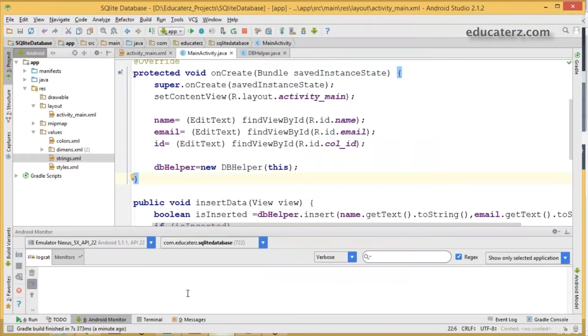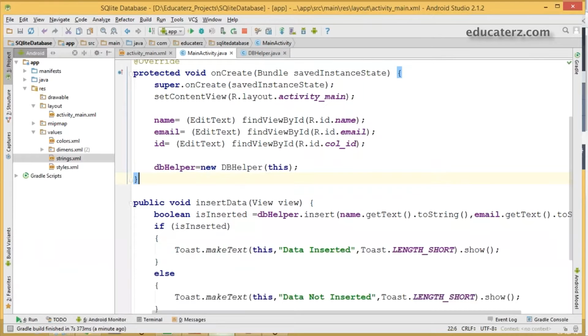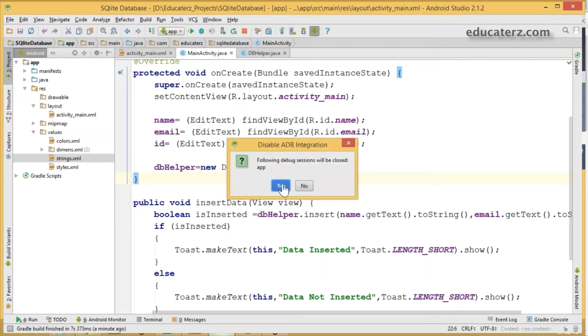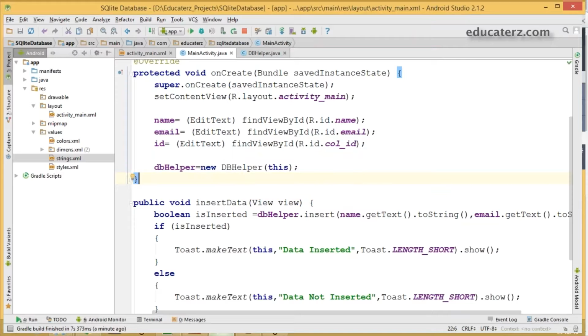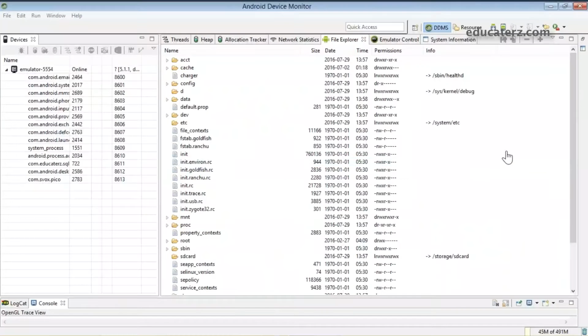But how can we check? As we discussed in our earlier session, open your Android Device Monitor, pull that file from the device and check whether the data has been inserted or not, using the SQLite Browser software or the SQLite Manager plugin for Mozilla Firefox.